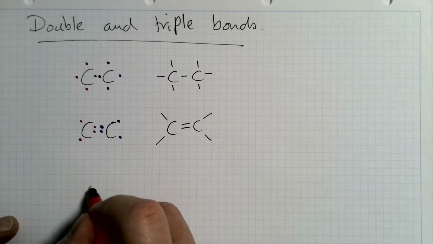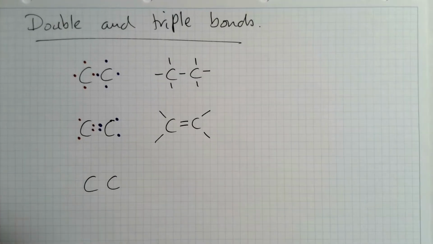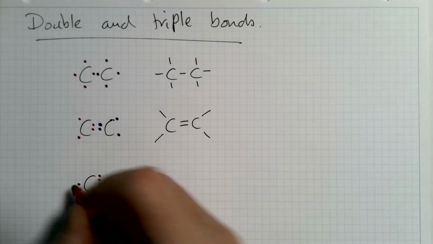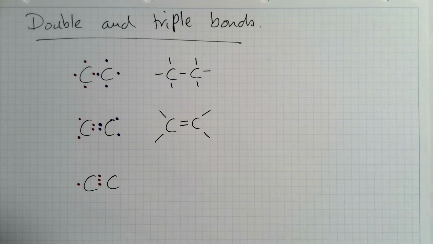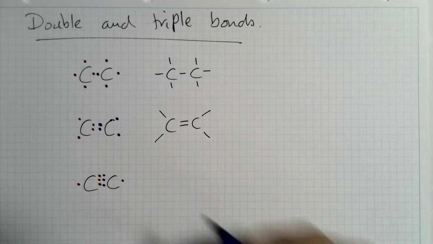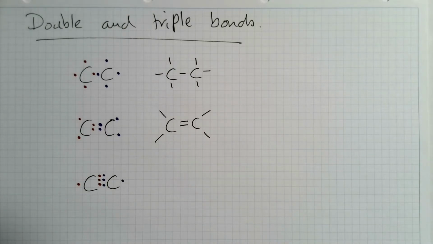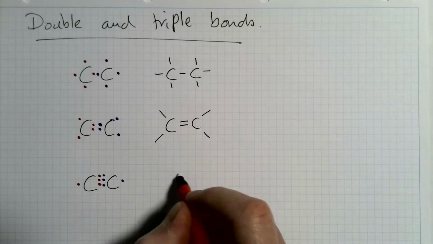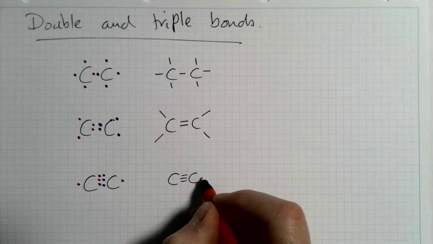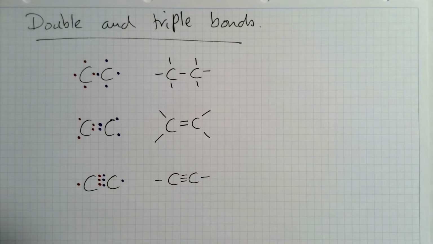So let's do our triple bond. And we have 1, 2, 3 electrons shared in the bond, and only 1 stuck around the outside, because you've only got 4 electrons in the valence shell of a carbon atom, and we get 1 on the outside. So what we get here is a triple bond. This is similar to the nitrogen bond,